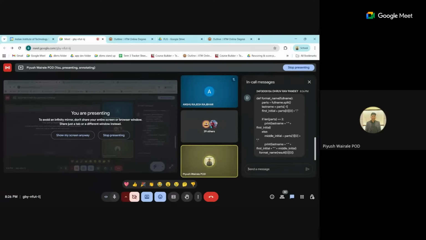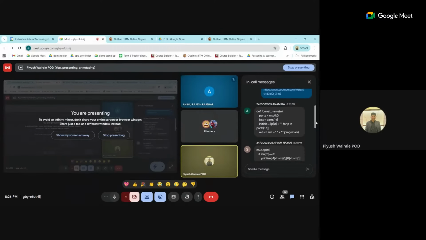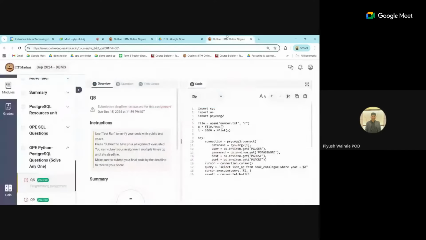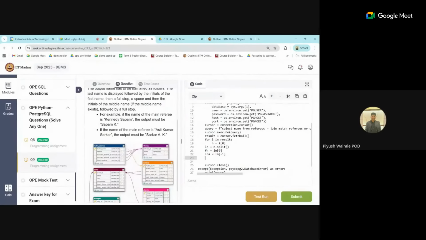You have defined the function name, format name, full name. So what are we doing? If length is equal to 3, print this one, I'll shift this one, I'll shift this one. Yeah, this is what I guess we can do also. So here it should be A here. So here M equals to